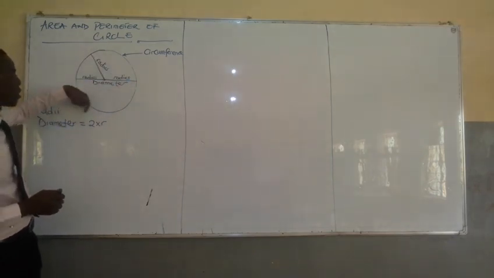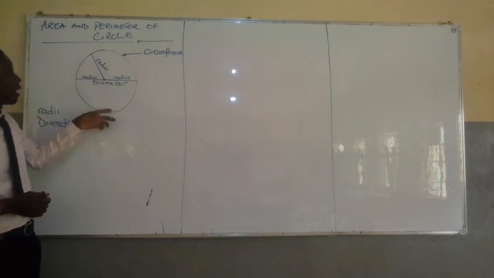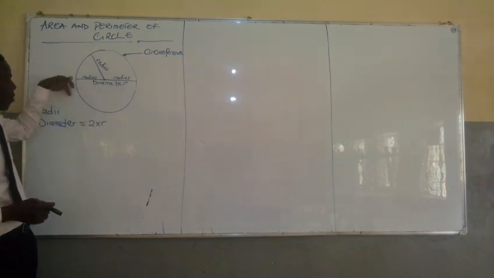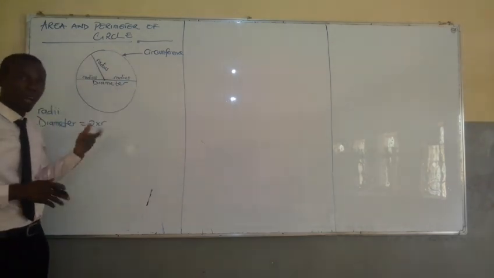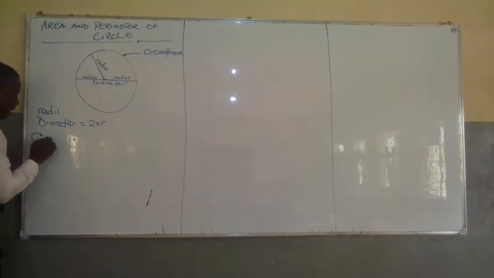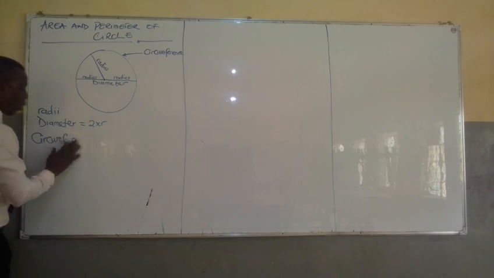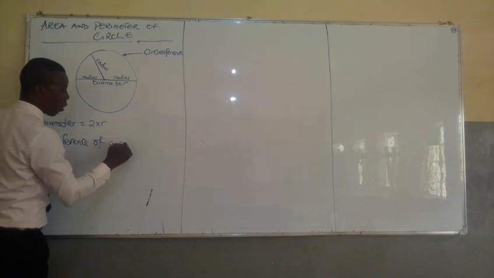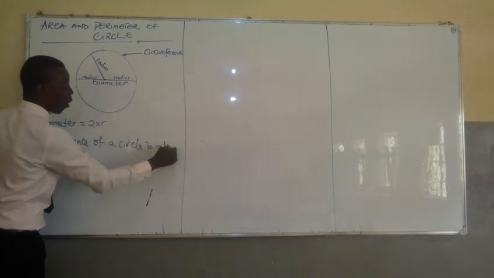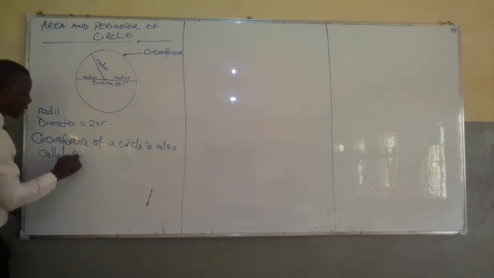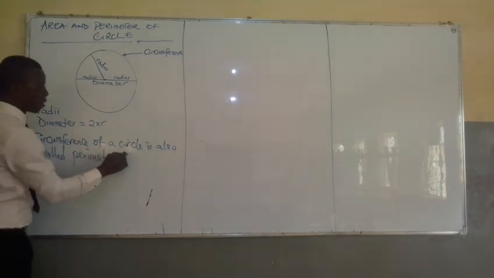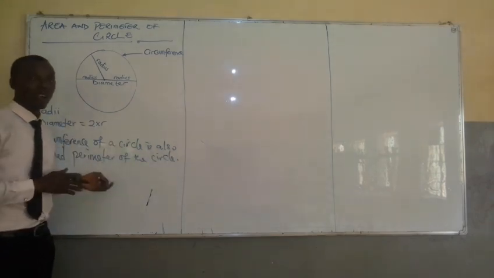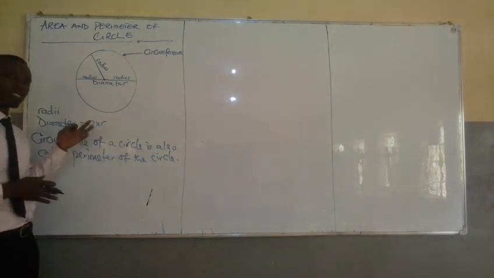The perimeter of a circle, remember what we said? The perimeter of a shape is the total distance around the shape. So that makes the circumference also be called the perimeter of a circle. Circumference of a circle is also called the perimeter. So we're going to be looking at some formulas on how to calculate the area as well as the perimeter